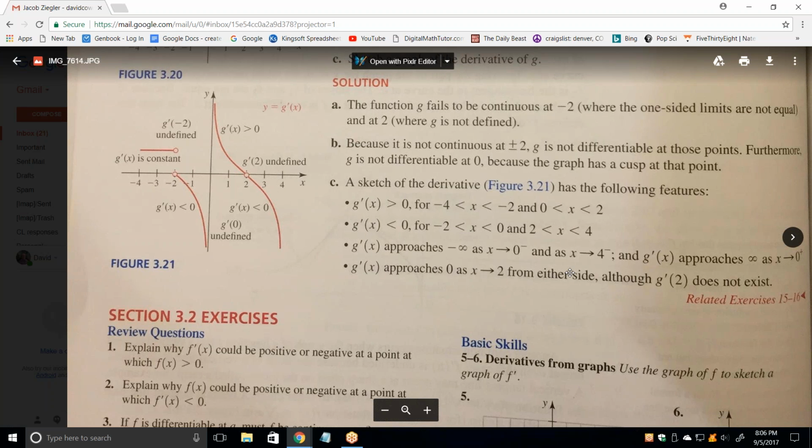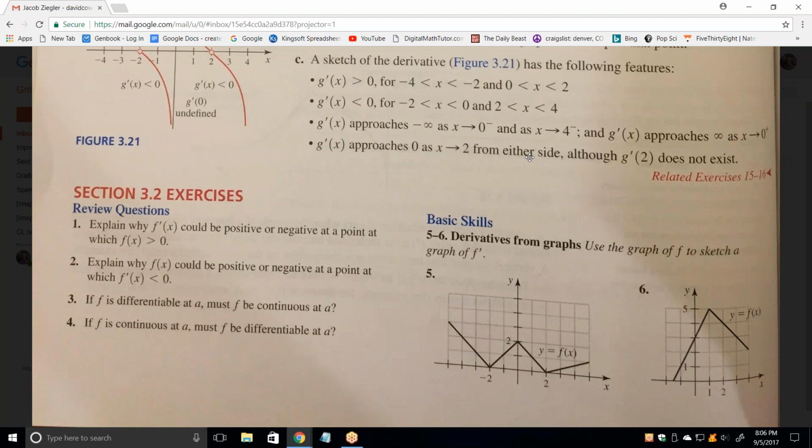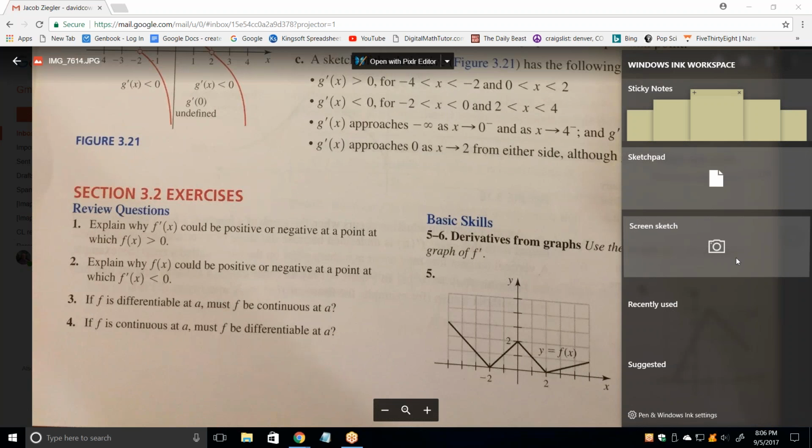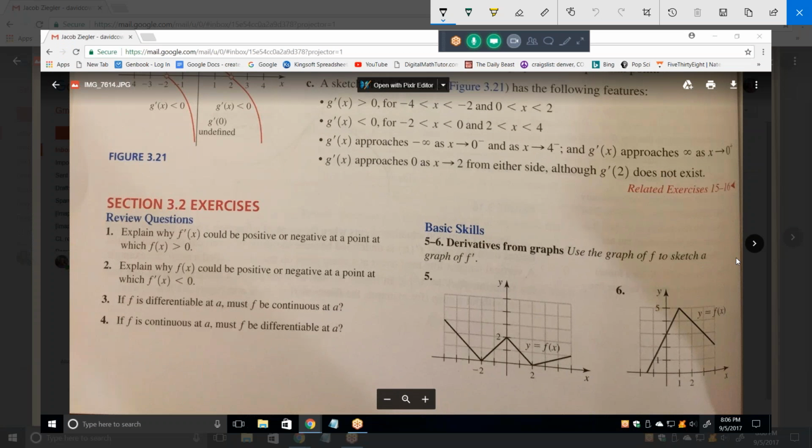Here, let me move up. So none of these first 4 questions are referring to any of the above graphs? No, I don't think so. Okay. I hadn't had time to really examine this that much, but